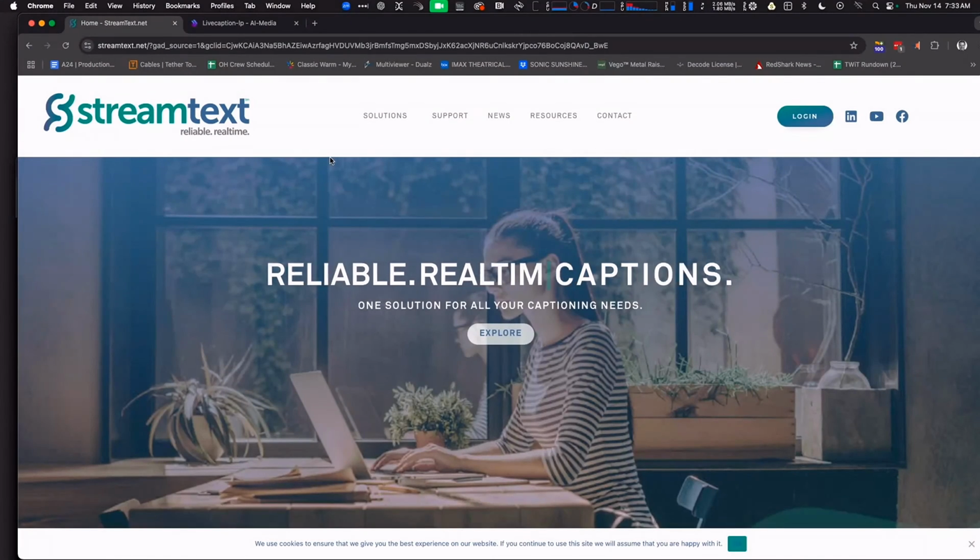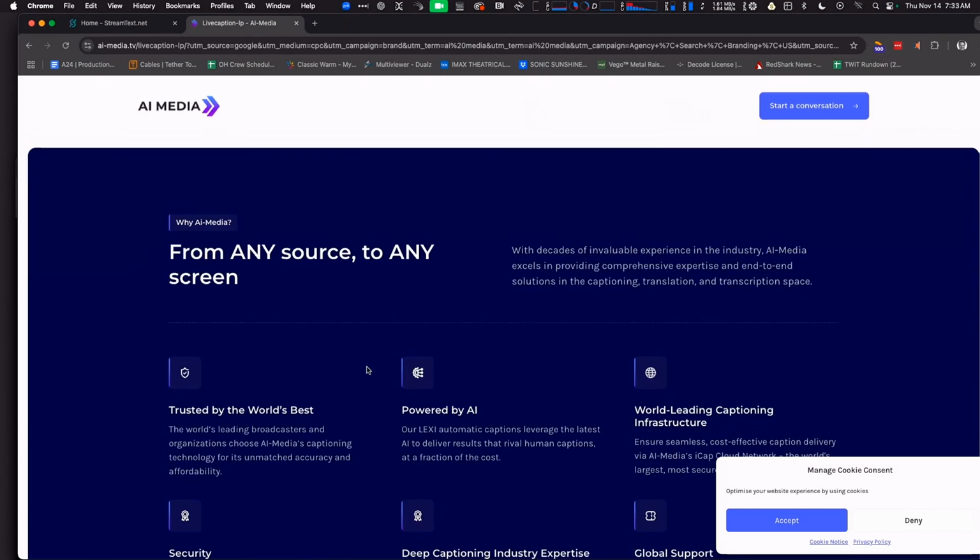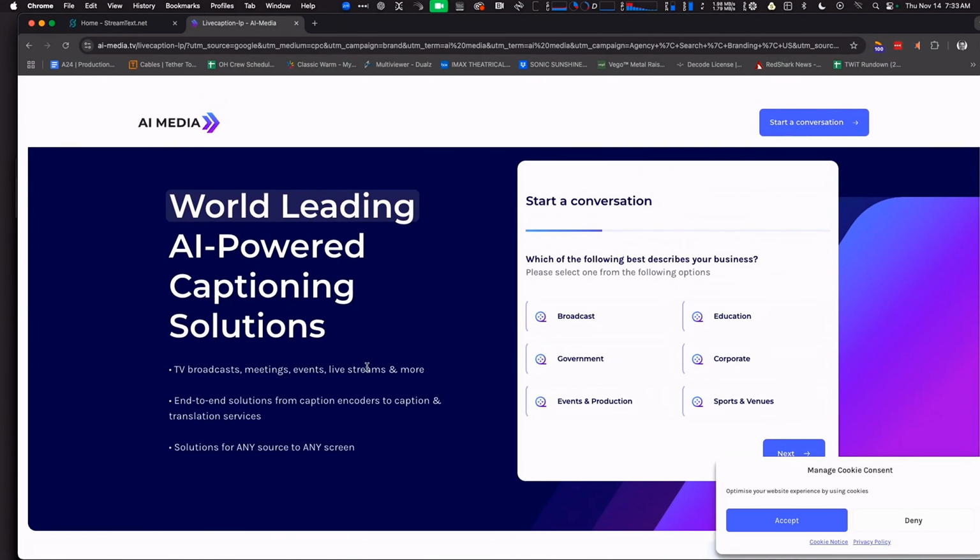And so StreamText is what we've used for a lot of these things. The other one is AI Media, which has a lot of tools as well. AI Media bought EEG. EEG builds the hardware that will do this, and AI Media does the software. I don't know whether they merged or AI Media bought EEG, but that's